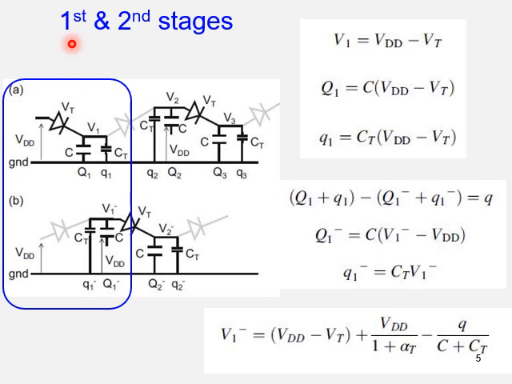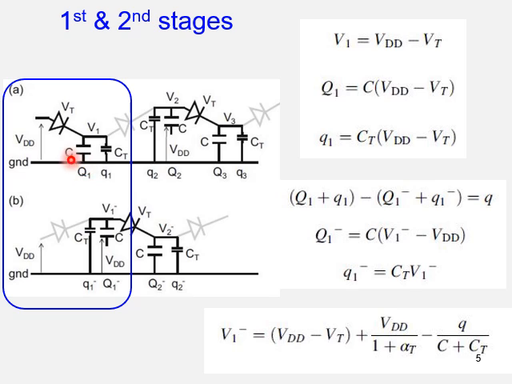If you look at the first and second stages from generally N stages of the charge pump, this portion, the capacitor and diode, composes the first stage, and here's the second stage. And here's the third stage, and so on. And V indicates the voltage at each node. So in this situation, figure A,